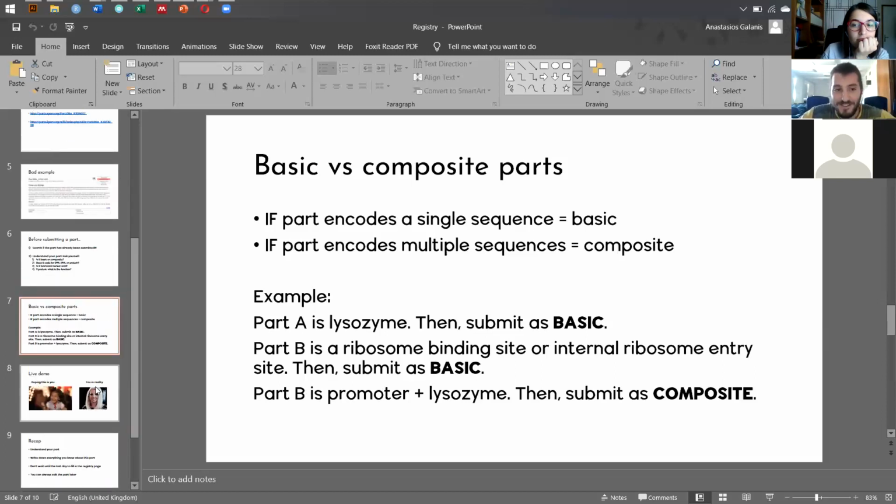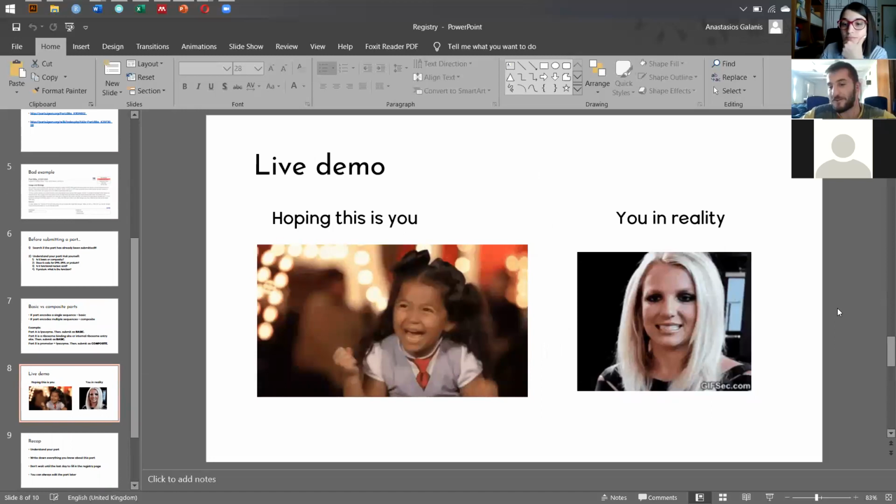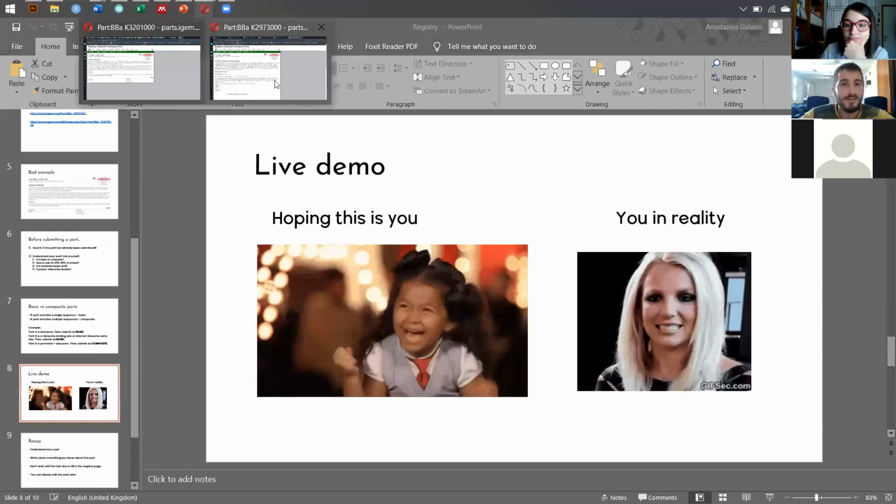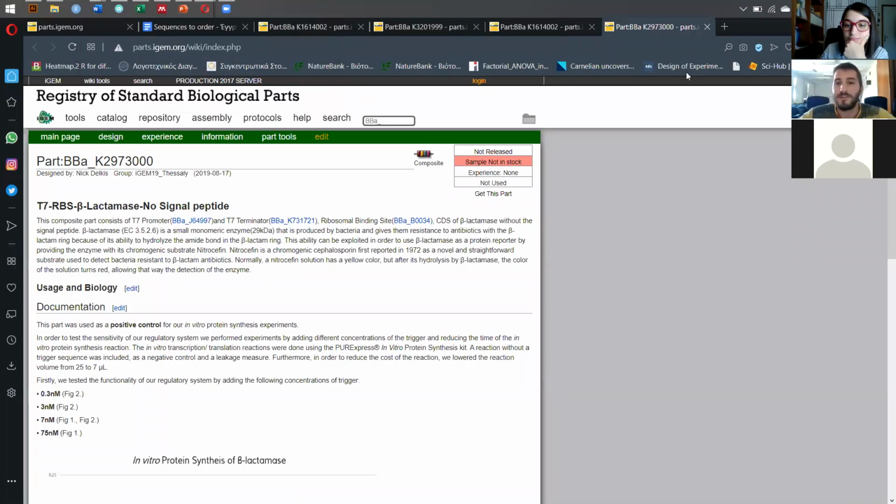So now we'll look at a live demo. These were supposed to move, but they're not moving. If you have any questions right now, you can ask. Because I'm speaking to my screen and I don't like it. Anyway,